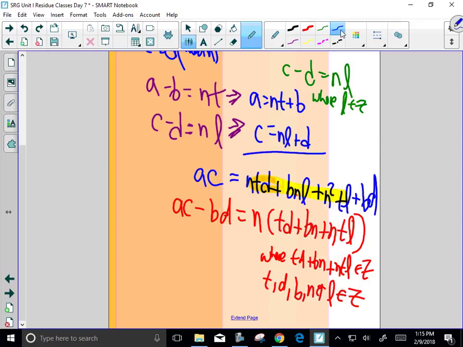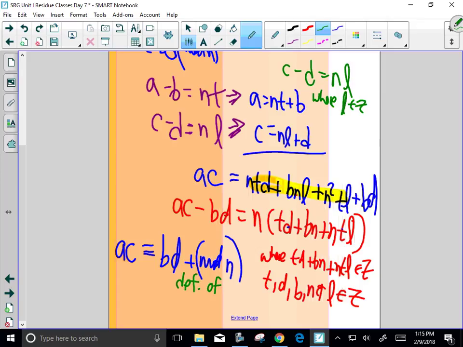AC minus BD equals N times this multiple. Now we can translate this into AC is congruent to BD mod N. Do we care about what this multiple is? No, that multiple doesn't make any difference as long as it's times N. So you have to write an explanation,